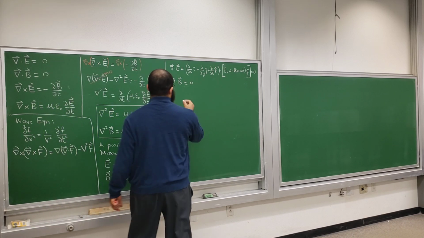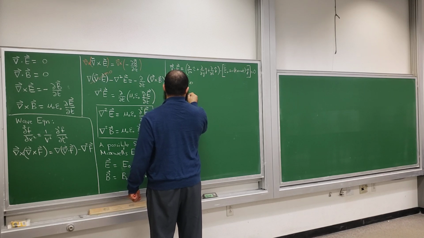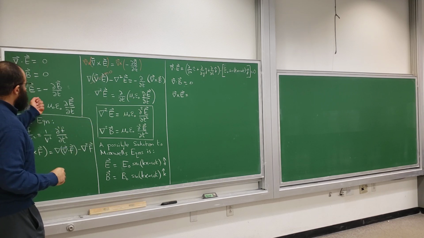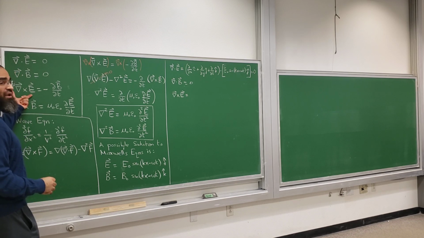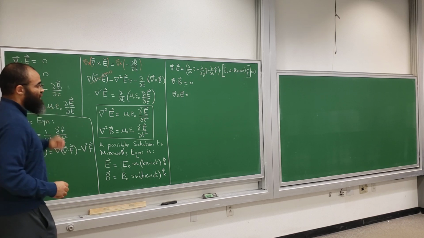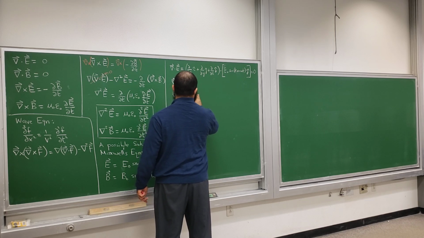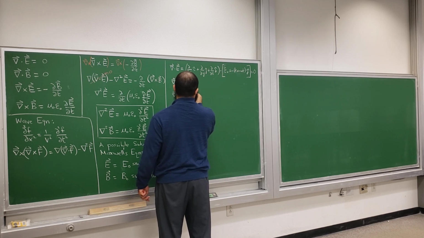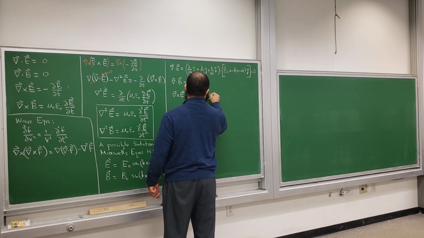The curl of E. So I'm going to first do the curl of E because it's kind of long. So I'll do the curl of E, and then I will take the time derivative of B and then set them equal. Okay, that's what I'm going to do. I will devote my attention first to the left side and then to the right side. Okay, so let's do it. Curl of E. So curl means this. It would be exactly the same thing, but here there will be a cross product. So you have this d dx i hat plus d dy j hat plus